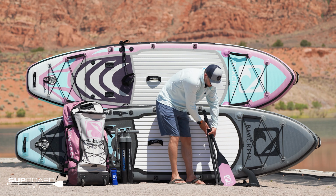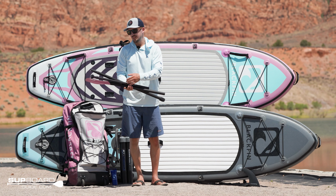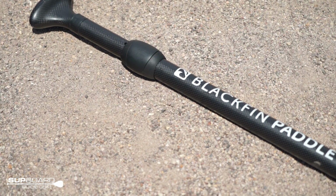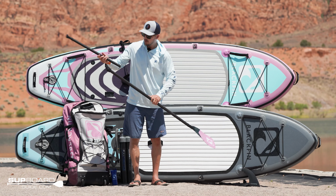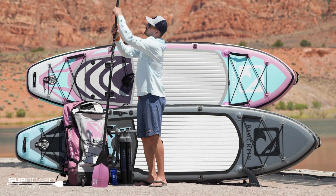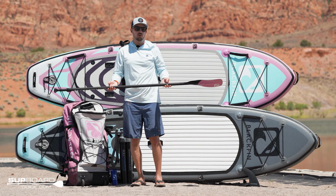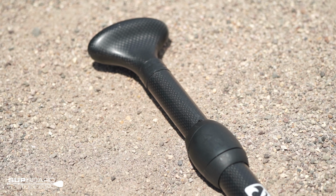Finally, you get Blackfin's carbon fiber shaft nylon blade paddles. You can see it's a 3-piece paddle, real easy to put together here. This just has this pin lock, snaps there. Then up here, you can see just these different little holes. You can set the height level from there all the way down here. And it's a nice lightweight paddle, right around 28 ounces, full carbon in the shaft, full carbon in the handle here,